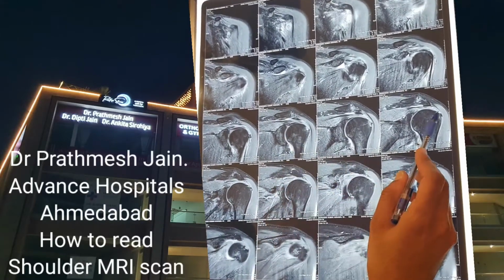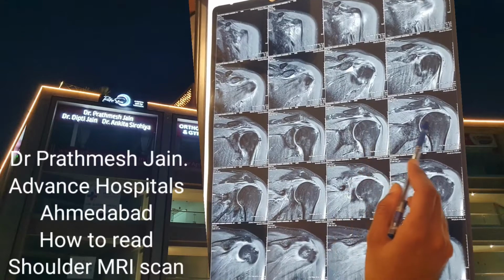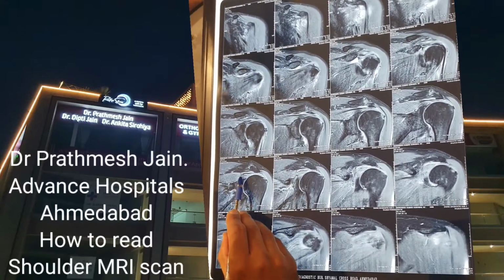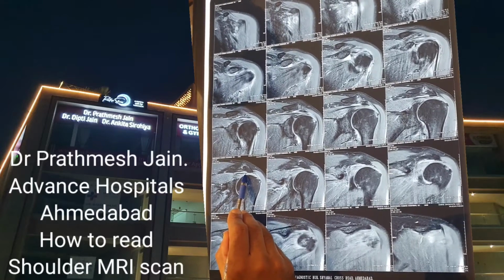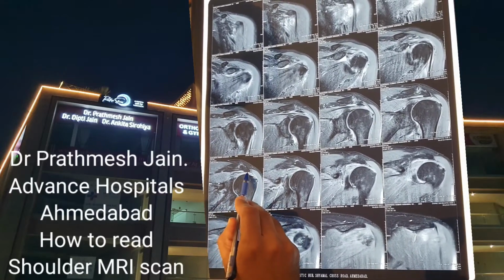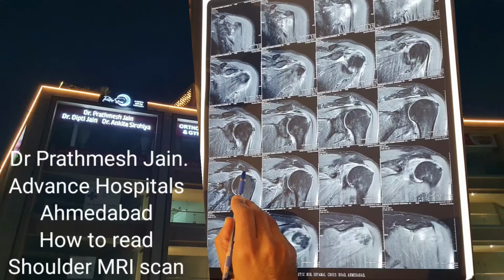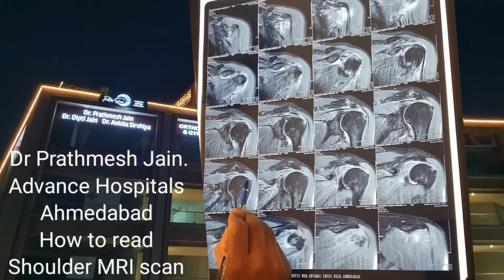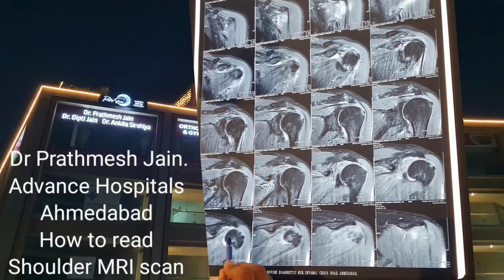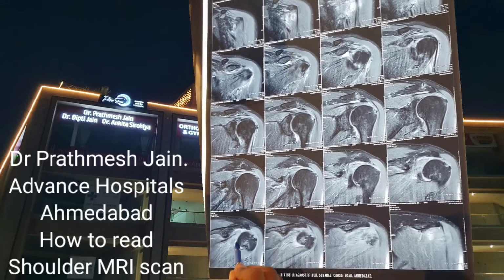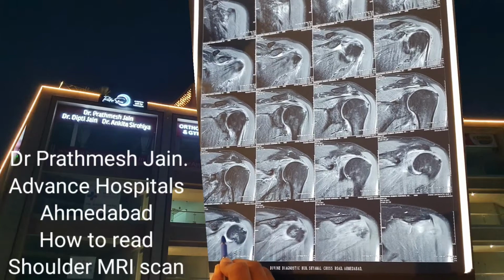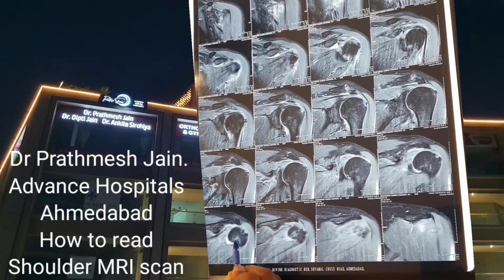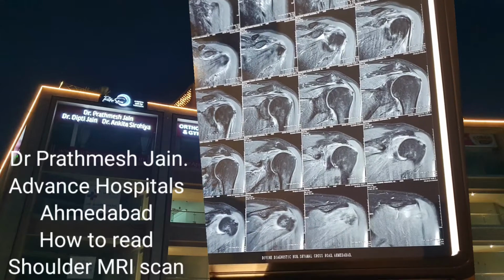Here you can see that the cuff origin is not good. So from here and here you can see that this infraspinatus is attached only up to here. This portion is empty. Again, there is a narrowing of the acromiohumeral space. You can see that there is a large osteophyte here in this plane, and then you have some problem in the infraspinatus here. So in this image, you can see there is some damage to the infraspinatus as well, not as much as compared to the last patient.